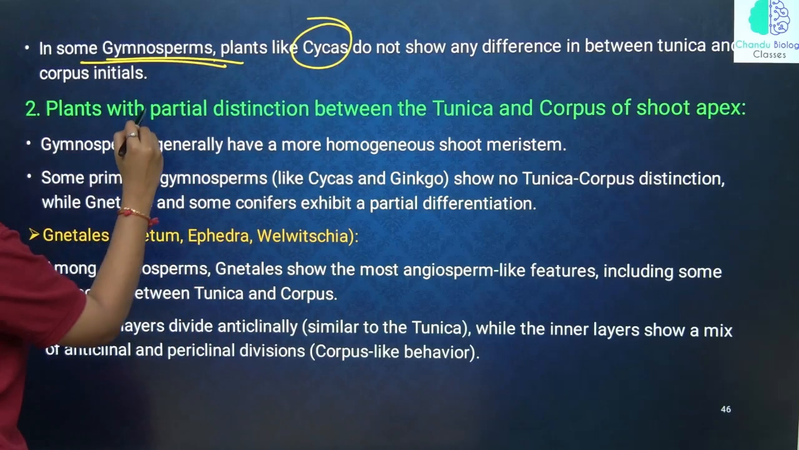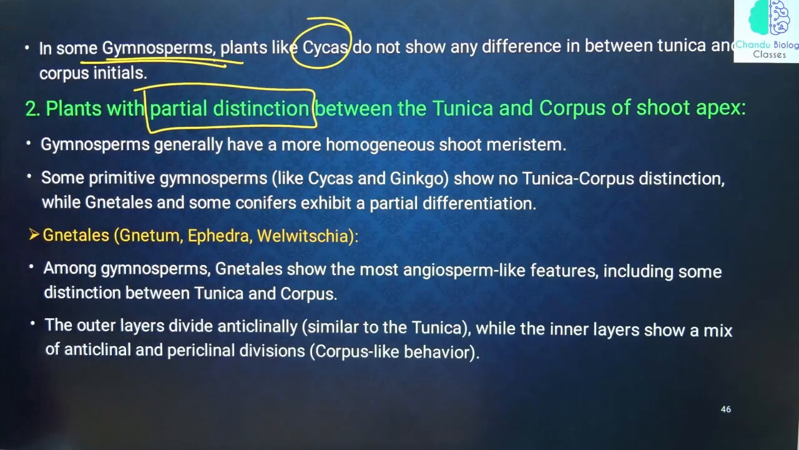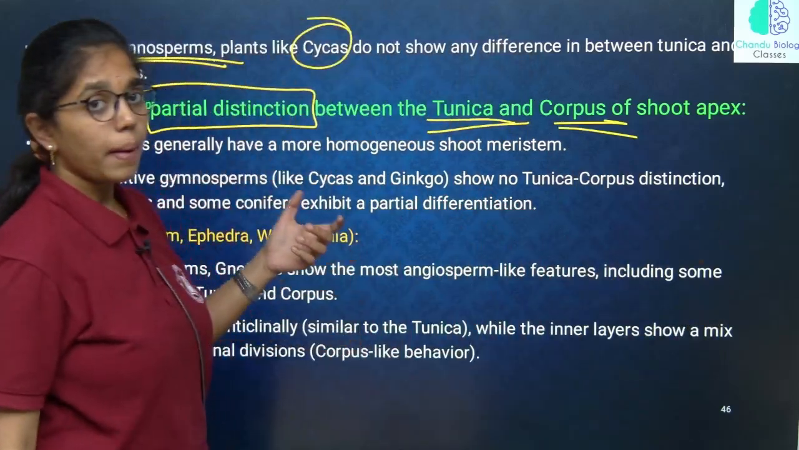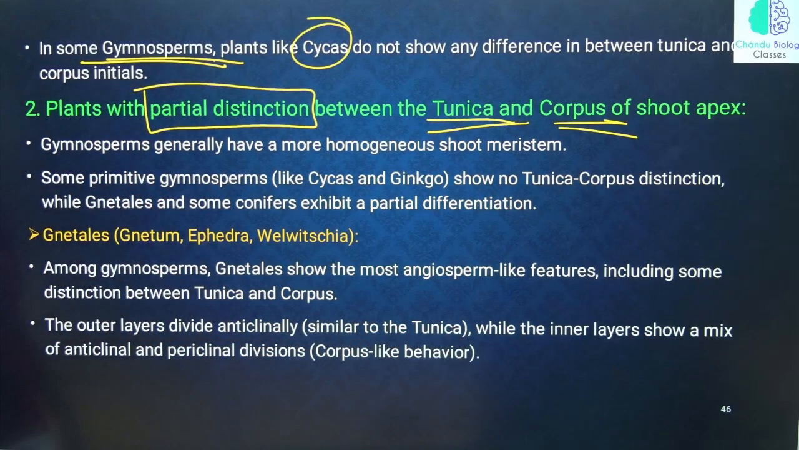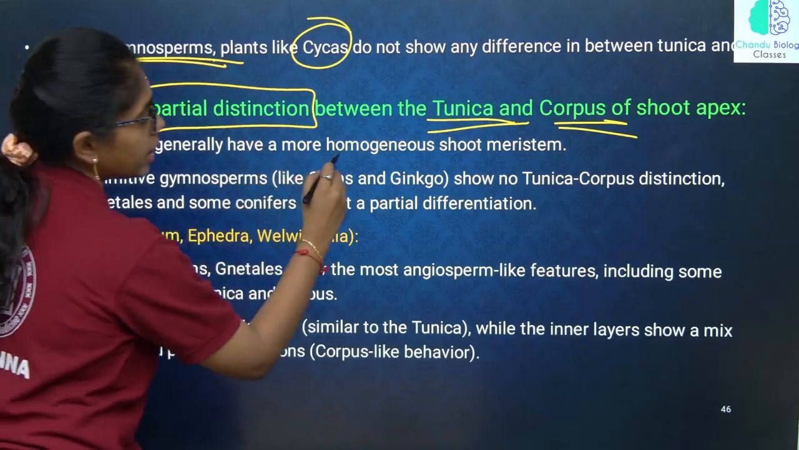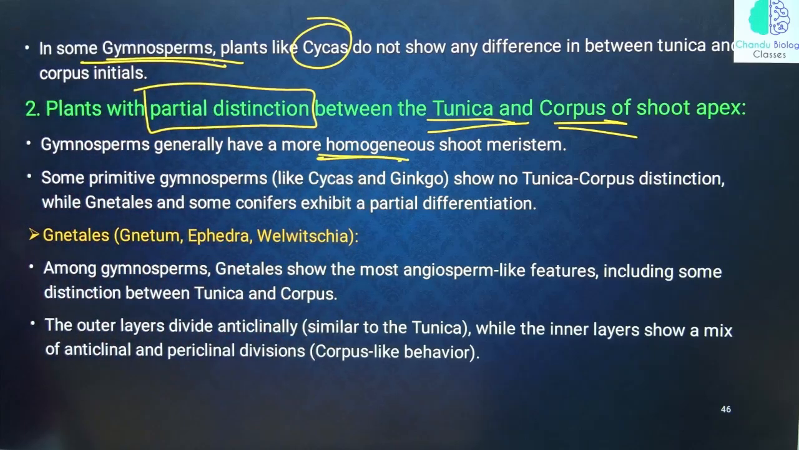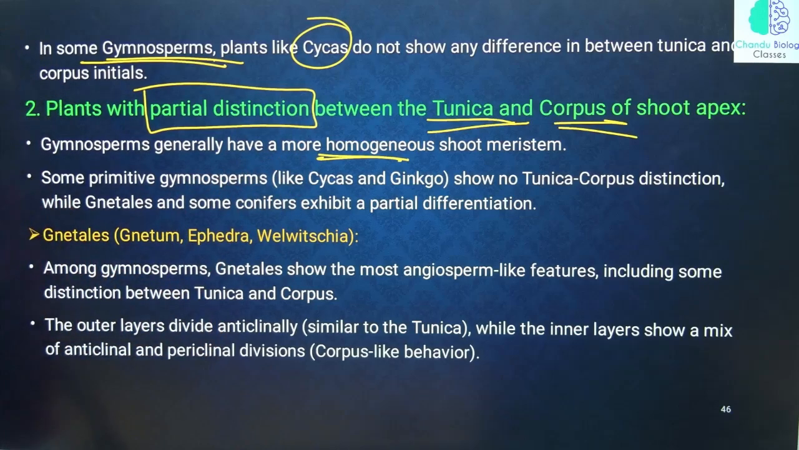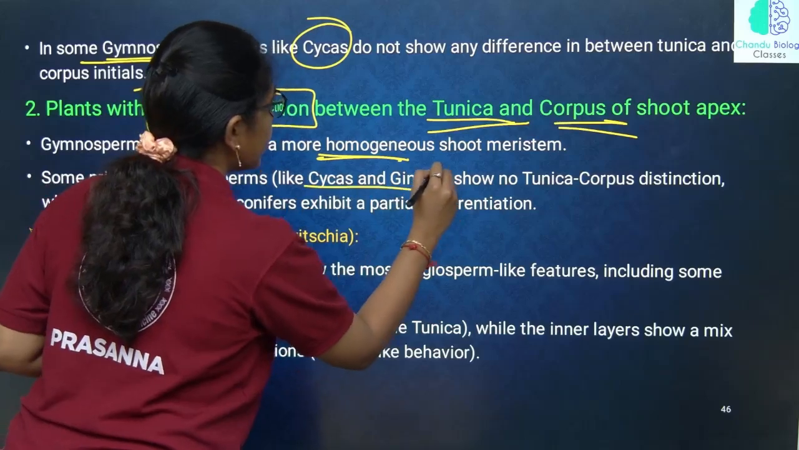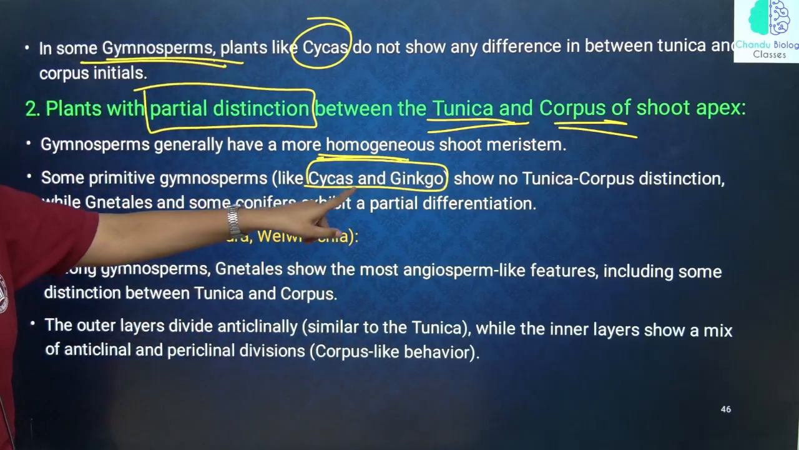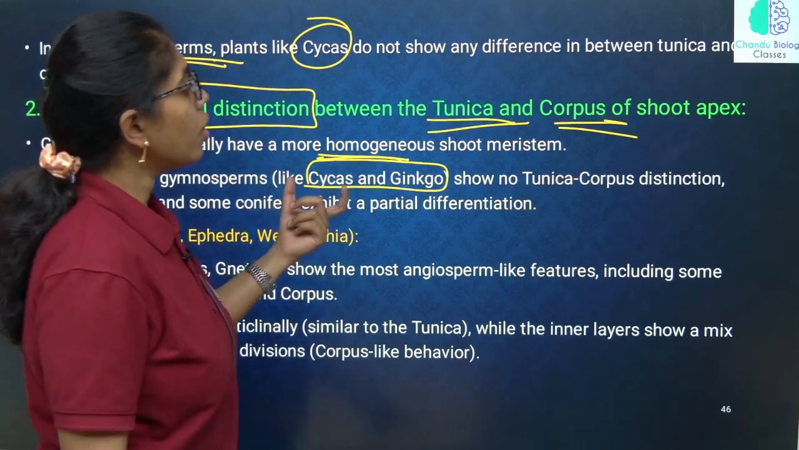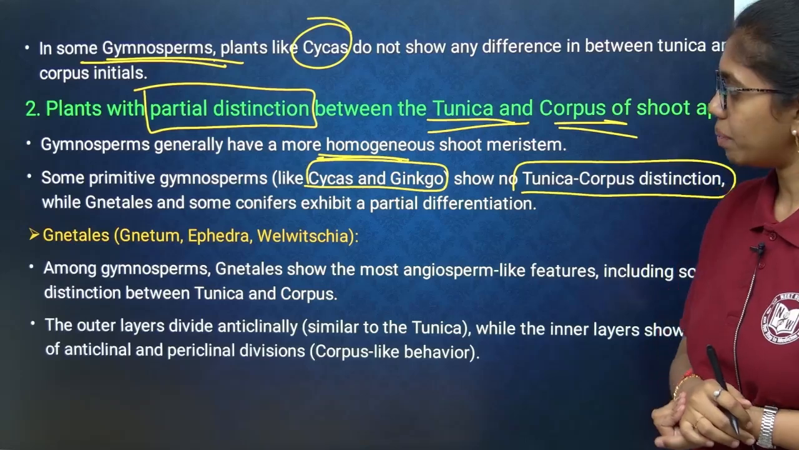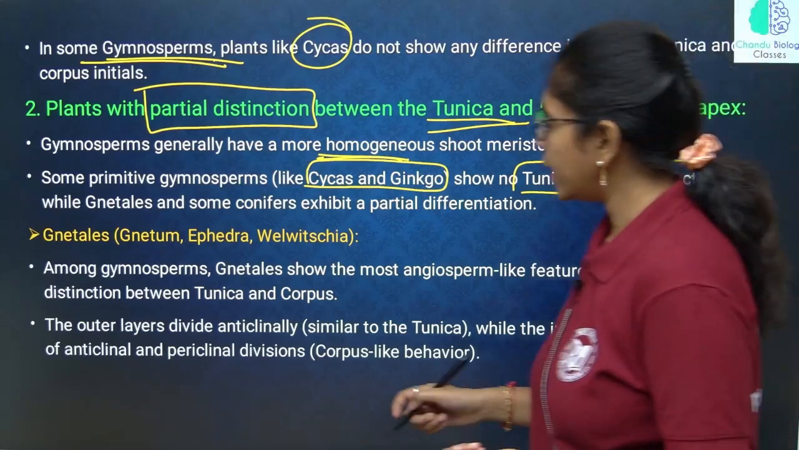Second is plants with partial distinction between tunica and corpus. Only partial distinction is observed, wherein gymnosperms generally have mostly homogeneous shoot meristem, wherein cells are not much differentiated. Some primitive gymnosperms like cycas and ginkgo will show no tunica corpus distinction. They do not show any tunica corpus distinction, while in